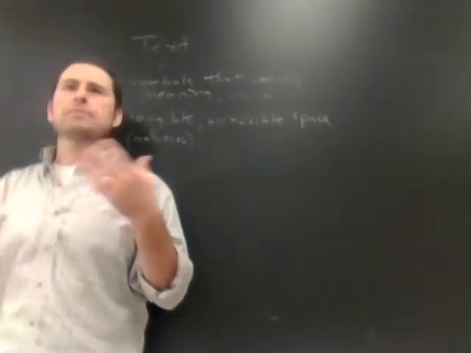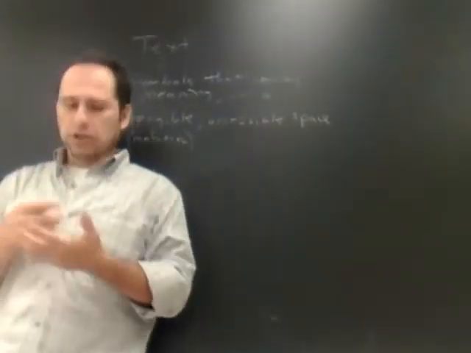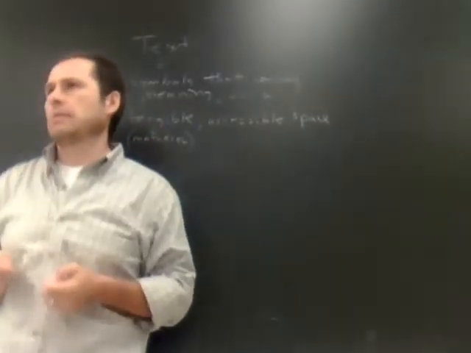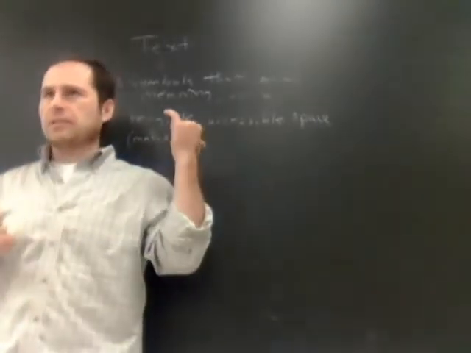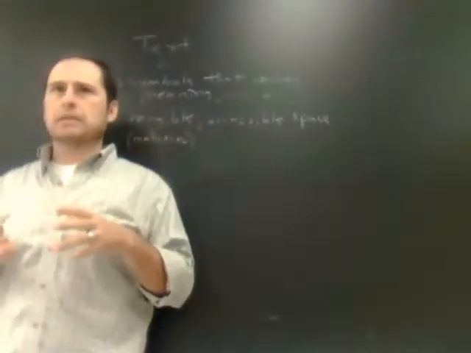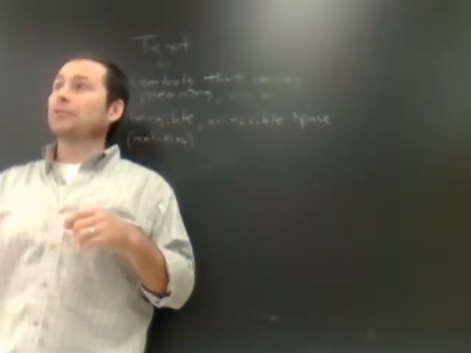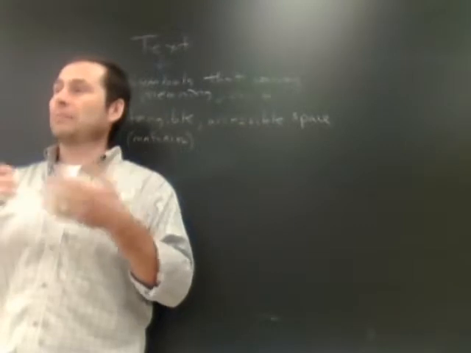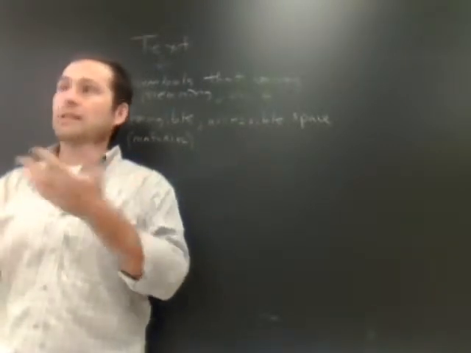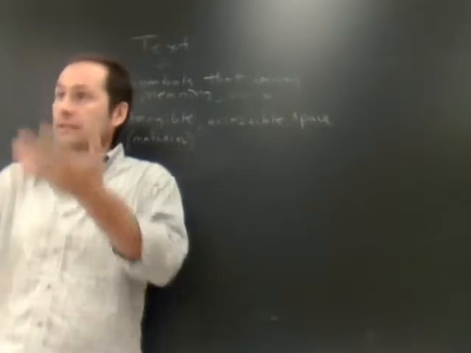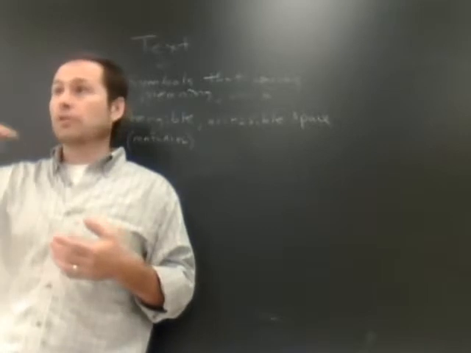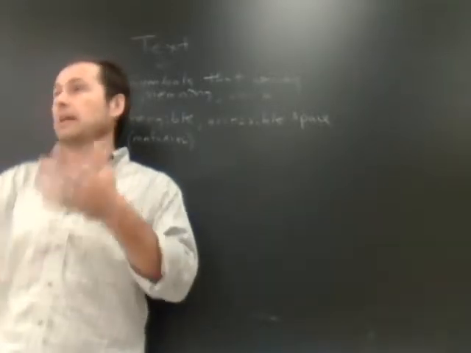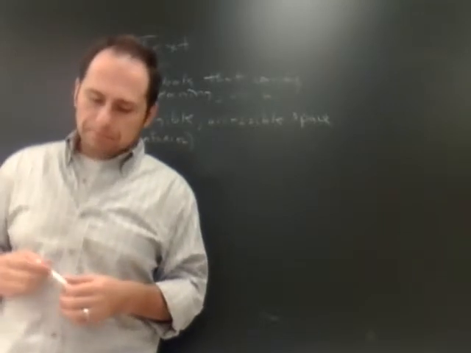By the way, I see some of you have your laptops here or phones or whatnot, and you're looking at something on the screen. Is that a text? Well, is it a collection of symbols in a physical space? Are you dealing with electronic pulses, which at the end game of the theory are photons and electrons? You're dealing with that. Is that physical? Yes, absolutely. Can it be accessed by many people, by other people? Can you imagine someone else looking over your shoulder and seeing exactly what you see and making meaning of it? Yeah, it's a text. Okay, so now we've got to kind of parse out two things.